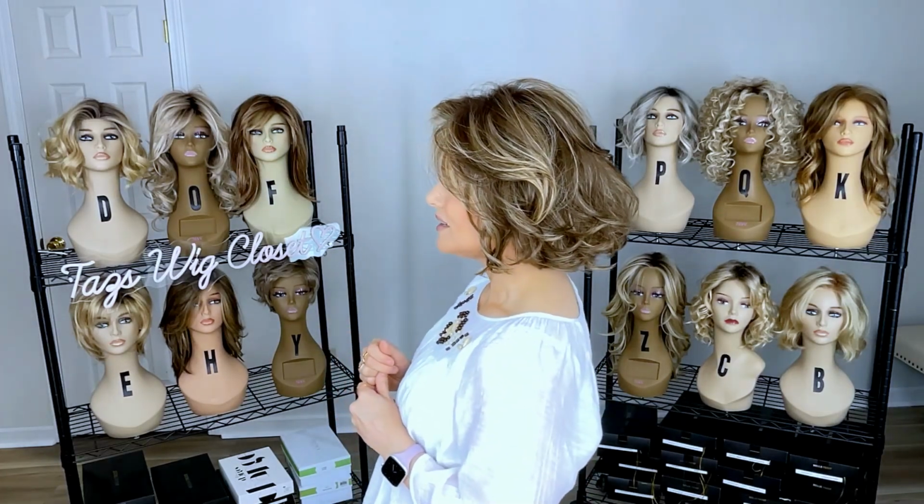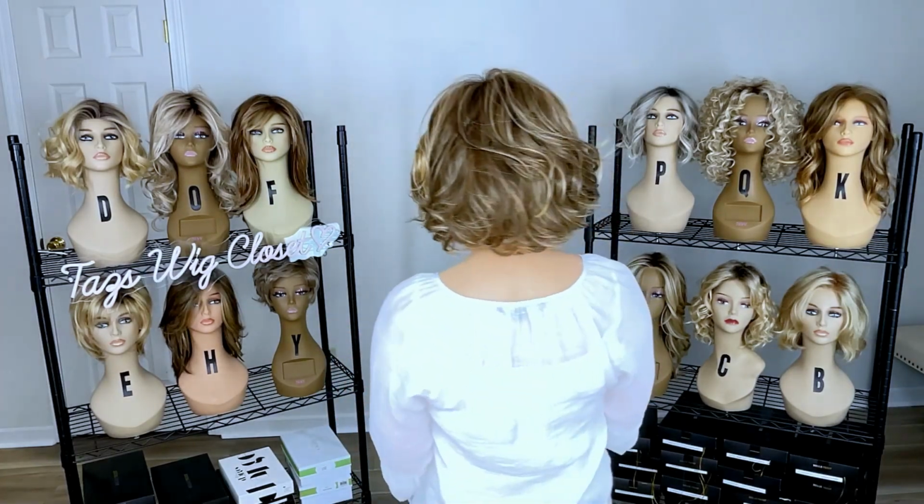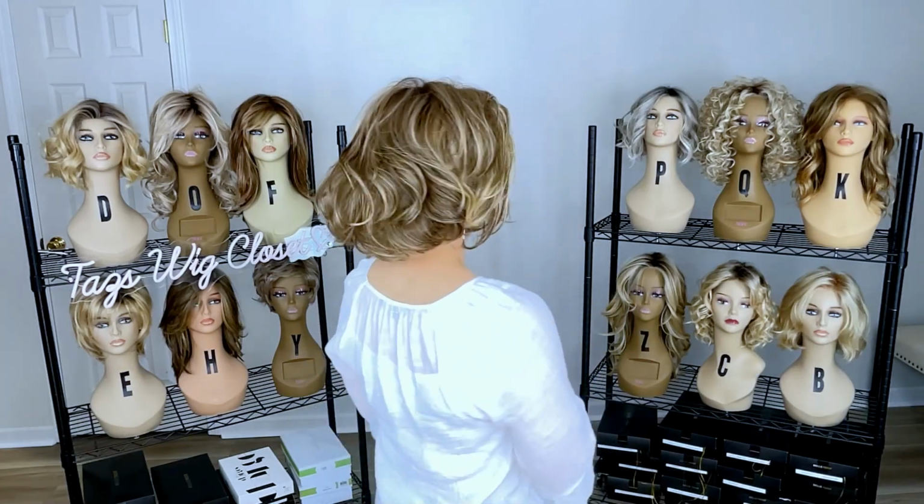I have reviewed this style before. I've always enjoyed it. The Crowd Pleaser is a short little polished, stunning, softly waved bob style. It's just so appealing. But first, let's talk a little bit about this color real quick. Shaded Iced Cafe Latte